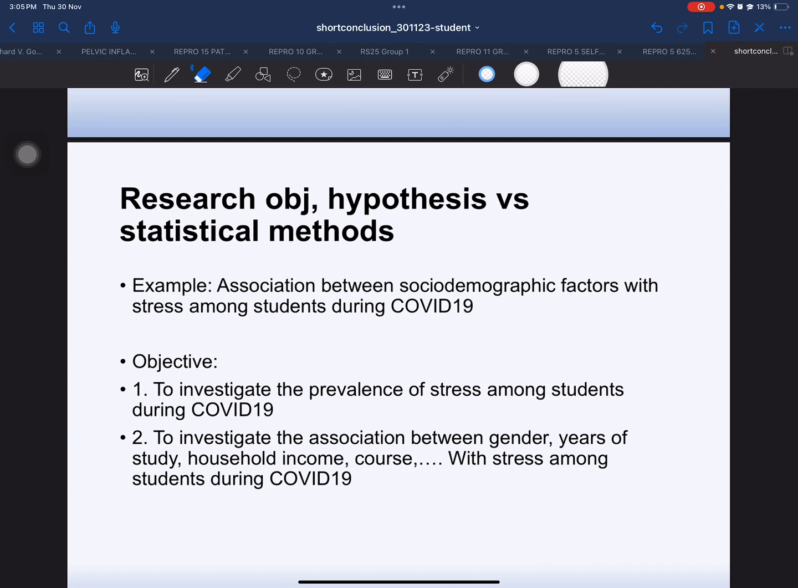Okay, so you will see that for this part, to investigate the prevalence of stress, then to investigate the association, to investigate the factors associated. So you need to write the objective, hypothesis, and statistical method. You learned about hypothesis, right? Okay, so I just repeat something: generally this is your research objective. The first part, I hope you all remember, is type of statistics. Type of statistic actually is